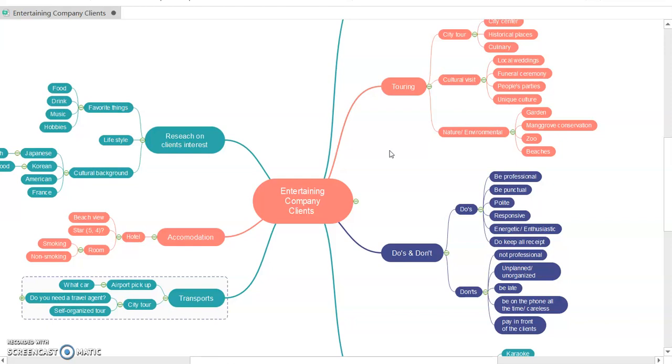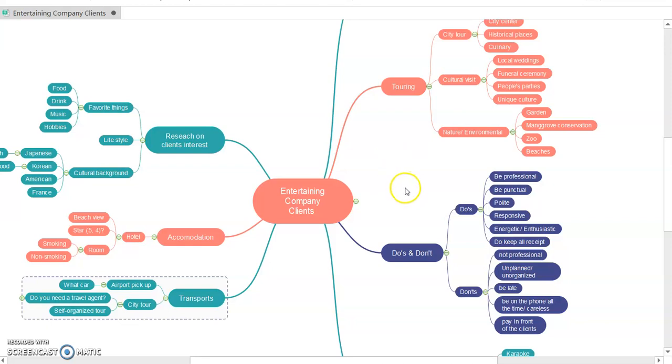You want to entertain the visitors in order to strengthen the business relationship. So the aim of entertaining company clients is to build a connection between your company and other companies.